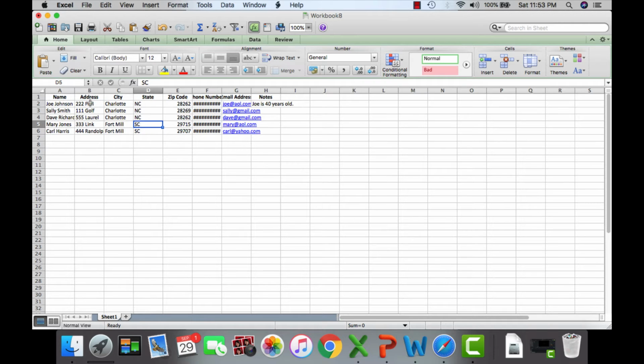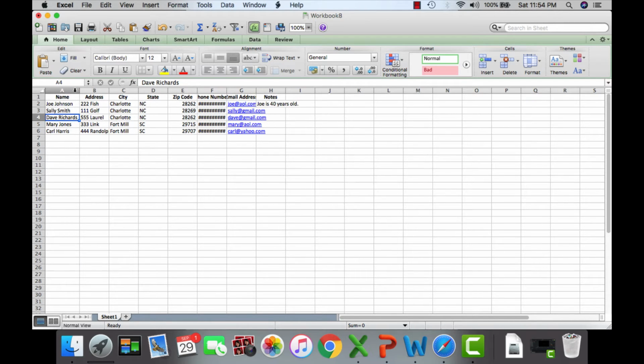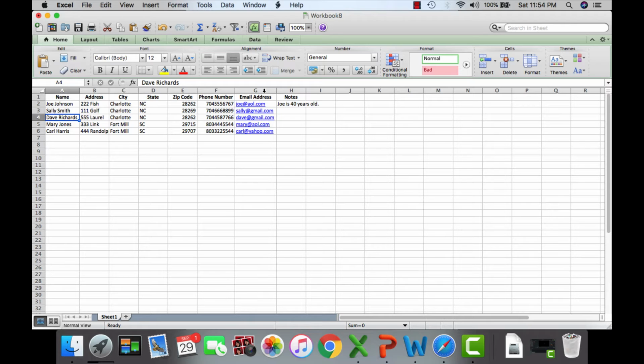And as you can see, some of the cells are not wide enough in order to hold all of the information or show all of the information. So the first thing you're going to do is go up to the column that needs to be widened, and at the end of it you're going to see this black bar and you're going to double click and it will widen the column